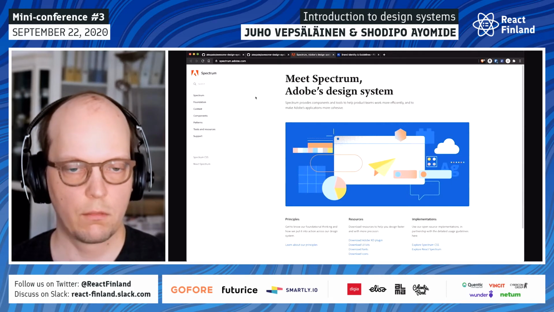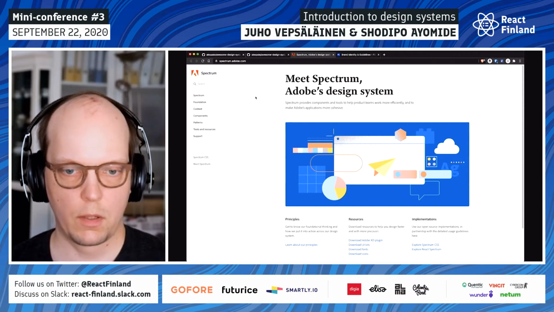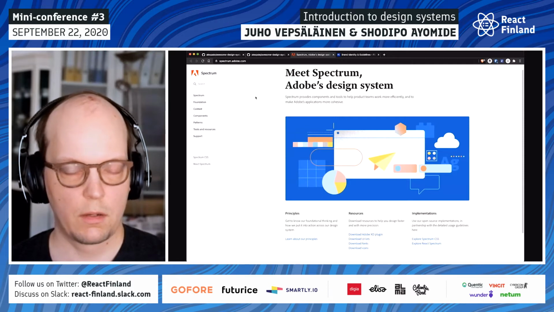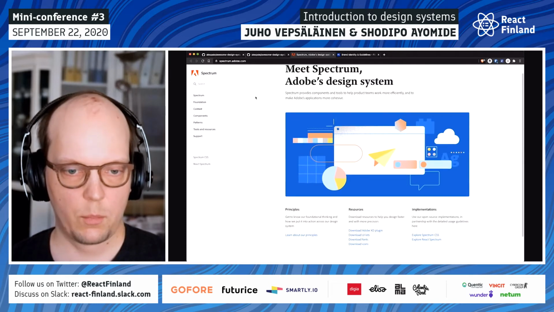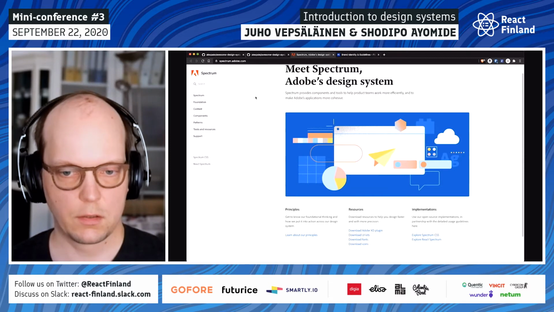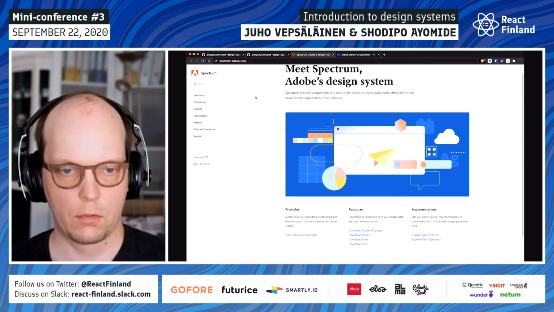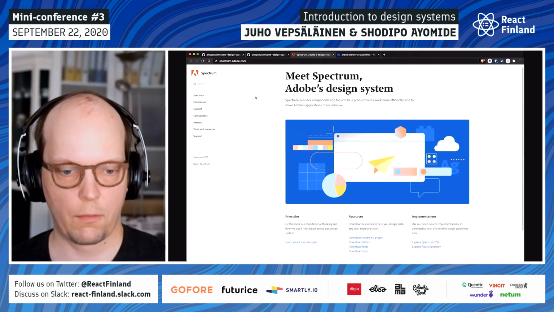And then you have Adobe, a very big company doing many applications. For them, the challenge is when you have 20 or more applications, I don't even know how many they have, but they have a lot. And the point is, how do I make them consistent with each other? Because I have a lot of developers doing this work, and that's maybe one of the reasons why they did the design system.